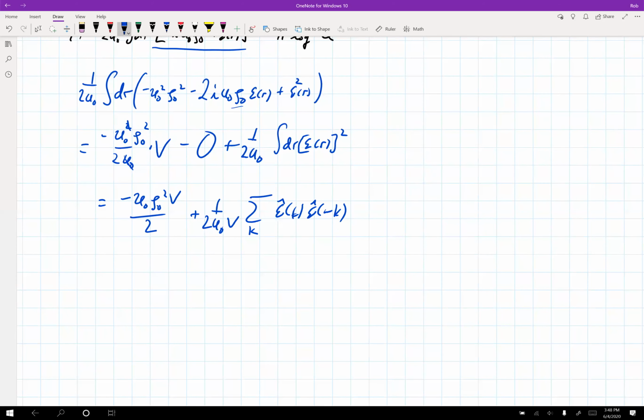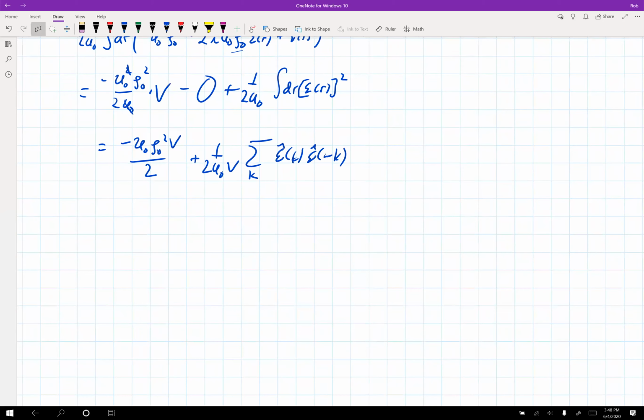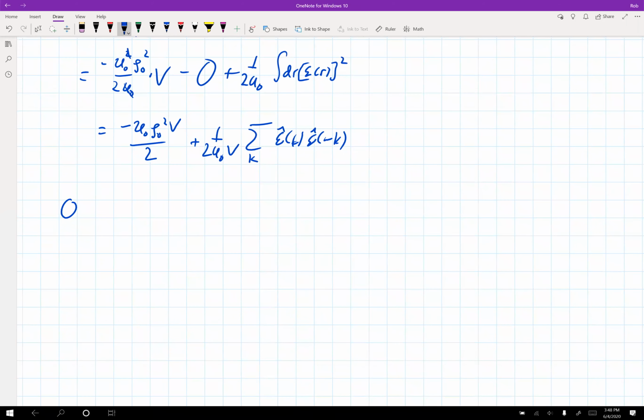Now we do the same bit of simplifications for minus n log q. So if you recall, what we derived a couple of lectures ago was